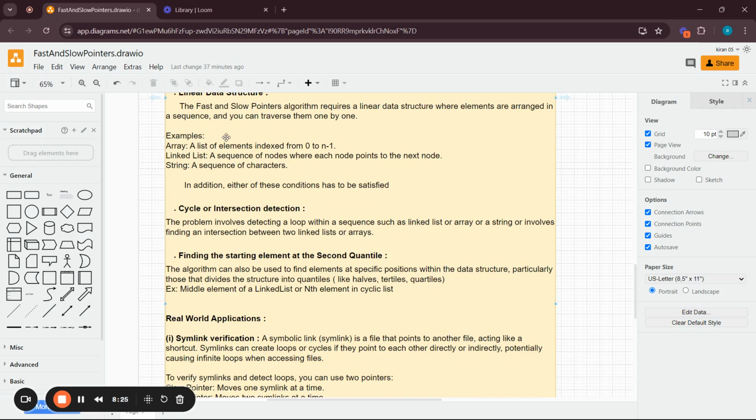In addition to this condition, either of these two conditions has to be met. One is if your problem is a cycle or intersection detection problem, which means we have to detect a loop or a cycle within a given sequence, such as a linked list or a string. Or else, if you want to find an intersection between two sequences, or between two linked lists or arrays, then we can use this pattern. And another